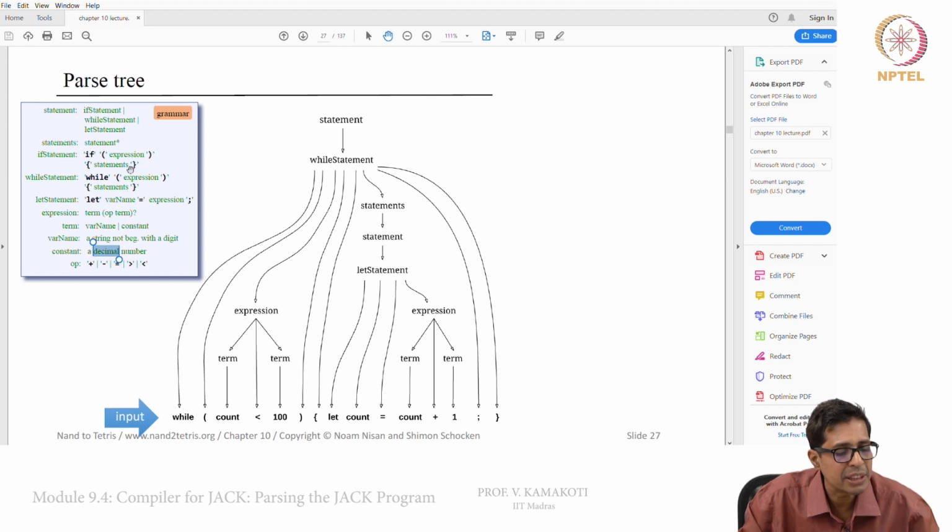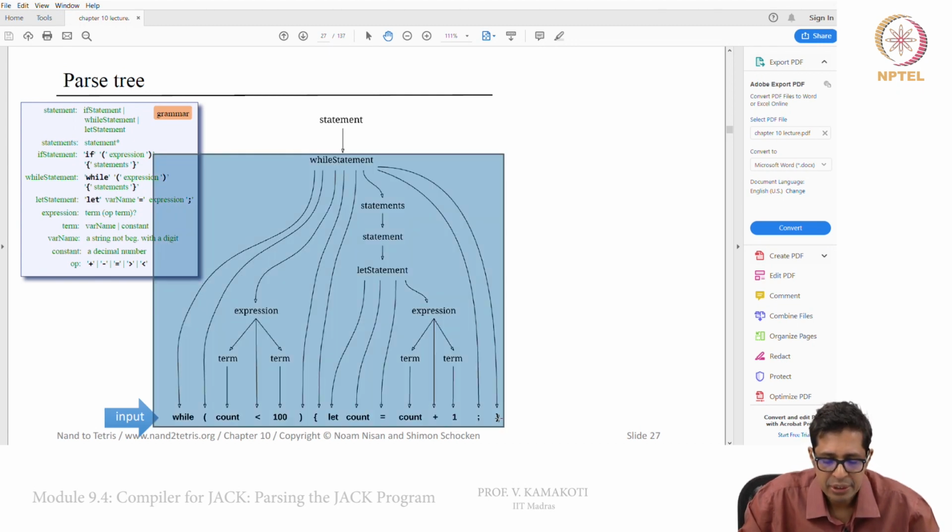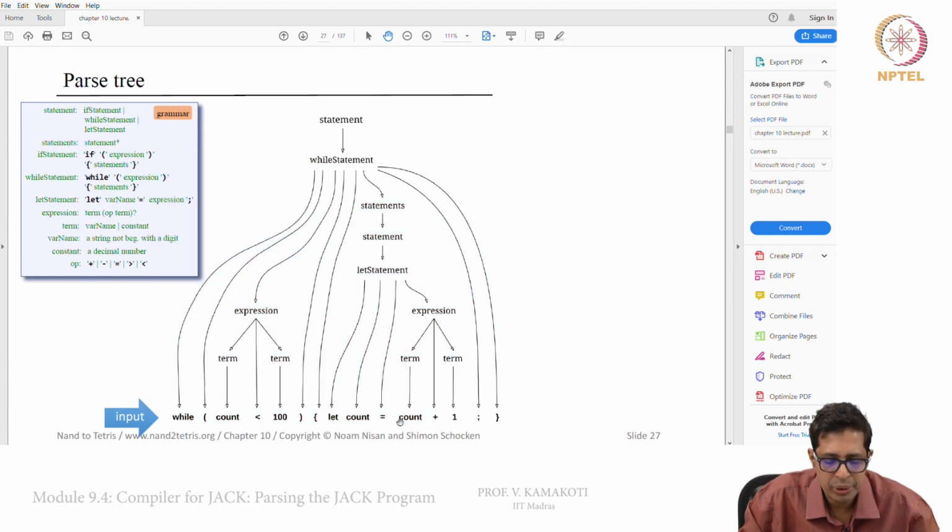So, there is an expression after that. In the while statement, after this expression, now we are going to have a closed parenthesis, yes. After the closed parenthesis, you need open braces, yes, that is there. Then there should be statements. At the end of the statements, you need to have a closed brace. Now, let count equal to count plus 1 semicolon should be statements, yes. A statements can have one or more statement,